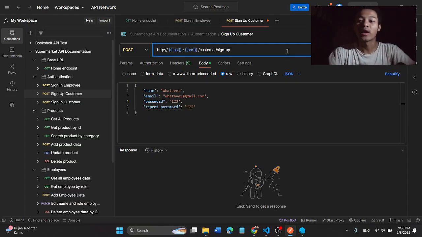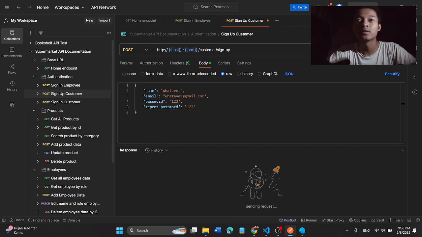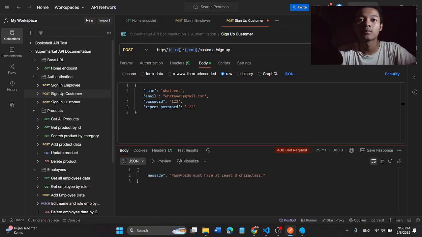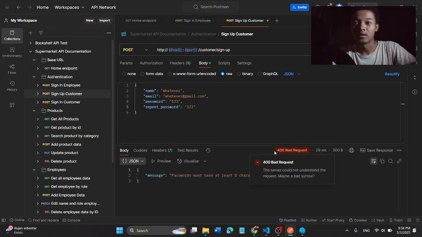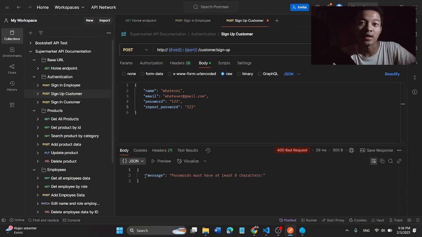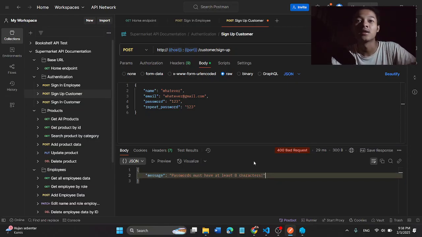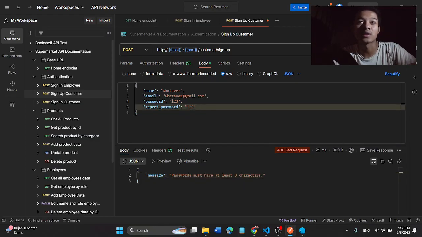And what will happen if we send the request? See, the response is 400 Bad Request. Why? Let's take a look at the message, which is password must have at least 8 characters. So we can't create a basic password like this, which is a really vulnerable password.